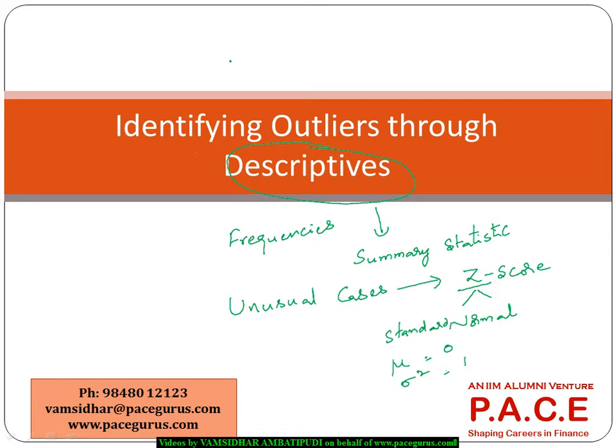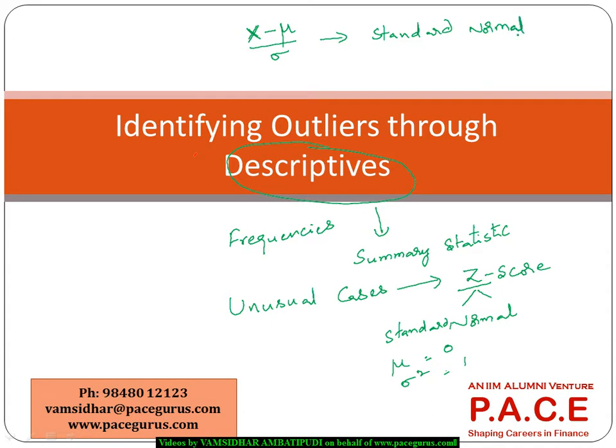If I have to convert any data into a standard normal form, I subtract the mean from each value and divide it by the standard deviation. This is what creates a standard normal equivalent, typically called a Z